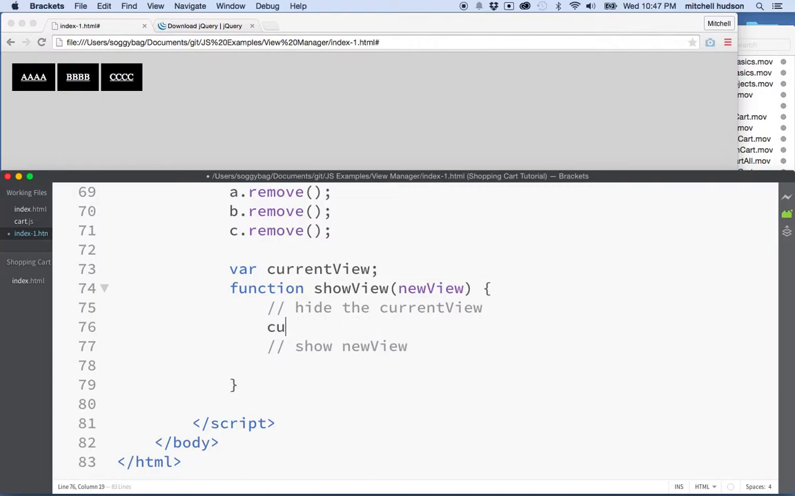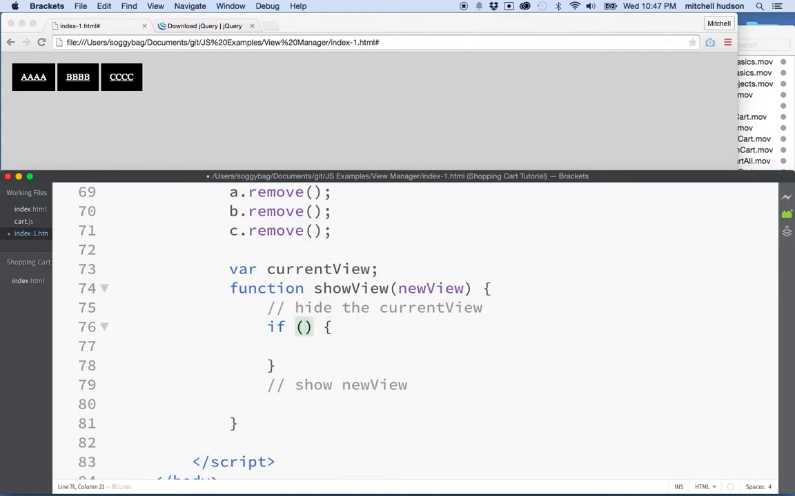Okay, so I'll just say new view dot. Actually, let's do a quick check before we do that. When we begin, current view won't exist. So let's do a quick check here like this, right? We'll say, hey, if current view, right? If this has a value, right? Then what we'll do is we'll say current view dot animate,